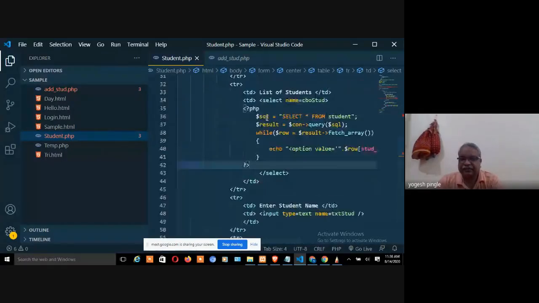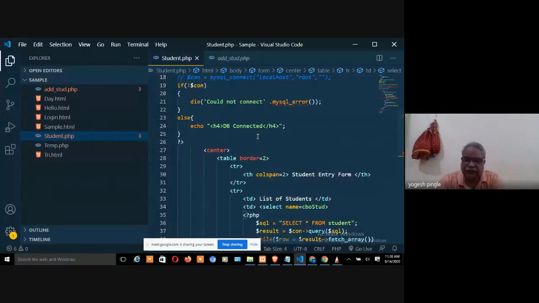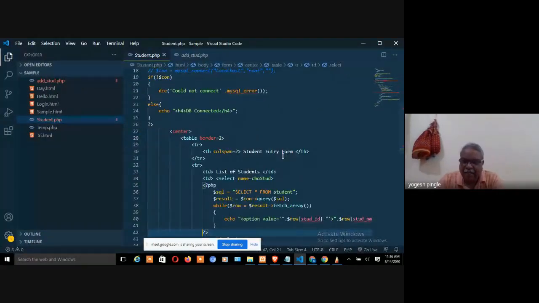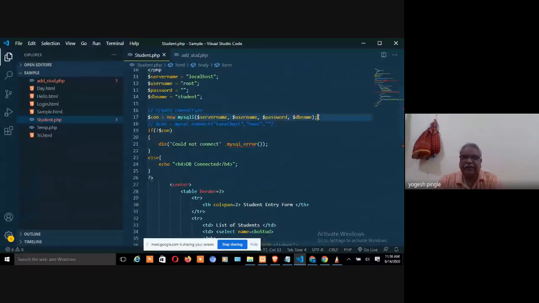DB. This database name is what is important. So please add this in your code as well. Only this thing is important. Otherwise, definitely you will get this error.